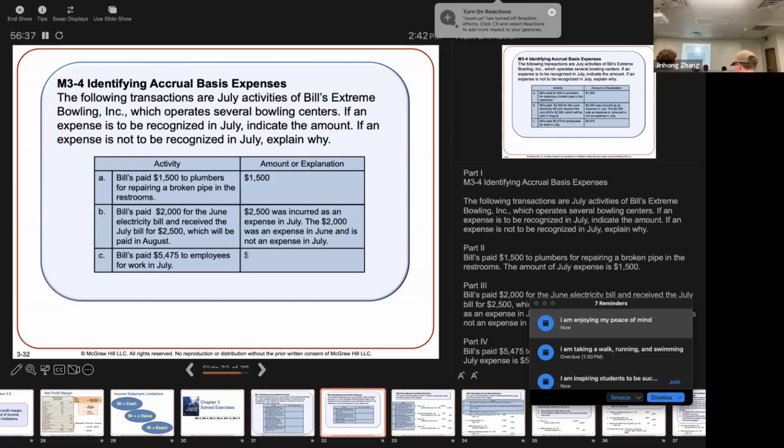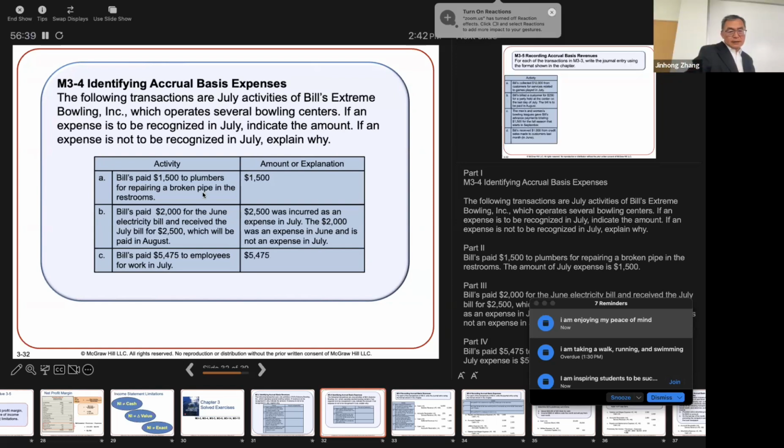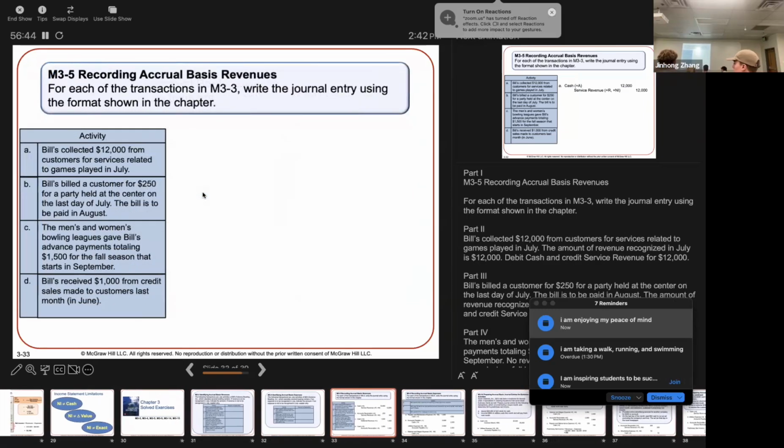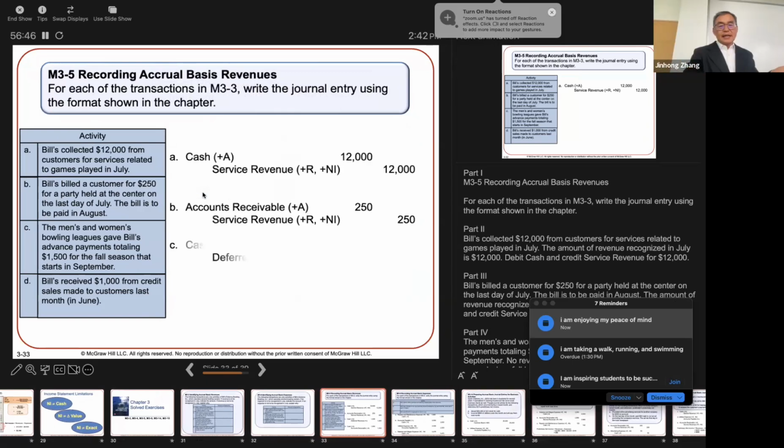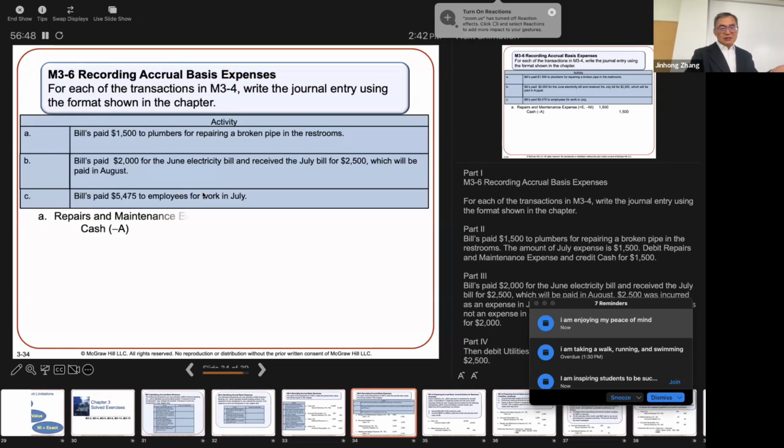And Bill paid $5,000 to employees for work in July. Oh, of course, that's expense. Yeah. So I think you get it. So these are things,